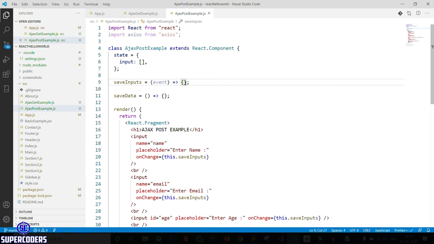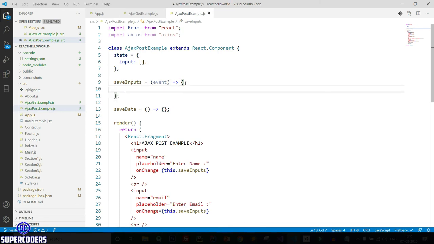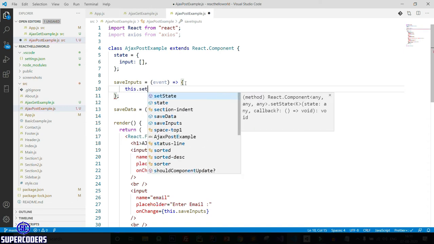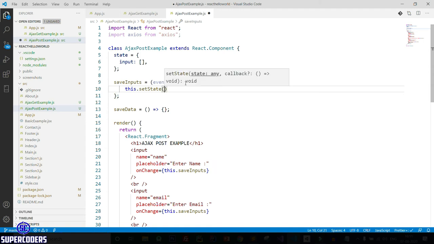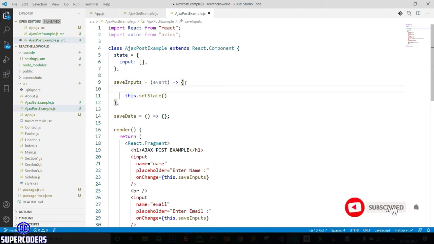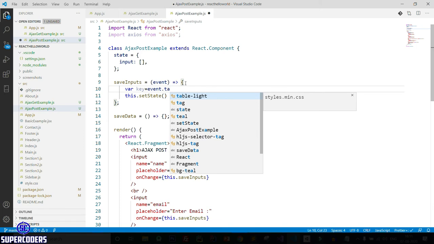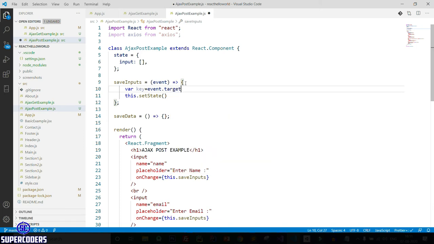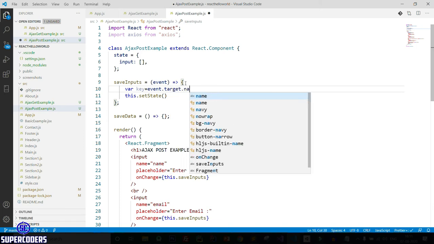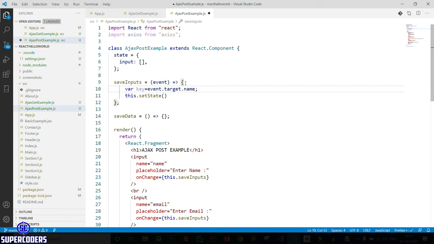So let's see. Enter this.setState, then parentheses. Now first add a key variable where key equal to event.target.name. Then again braces.